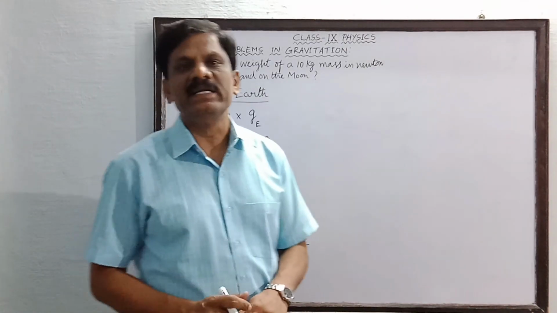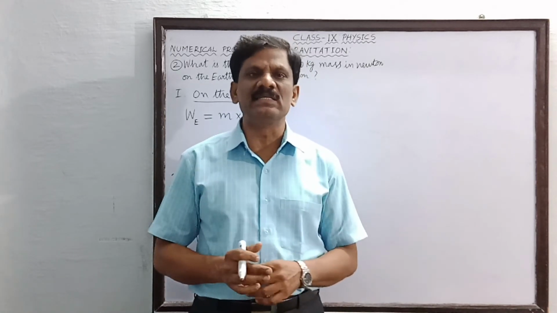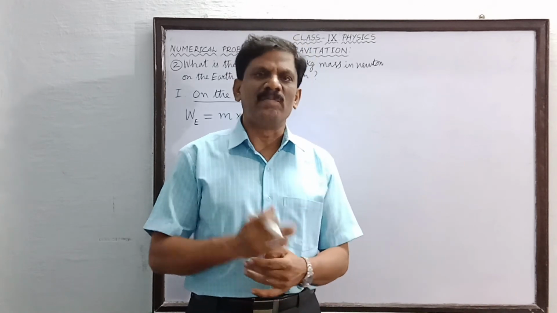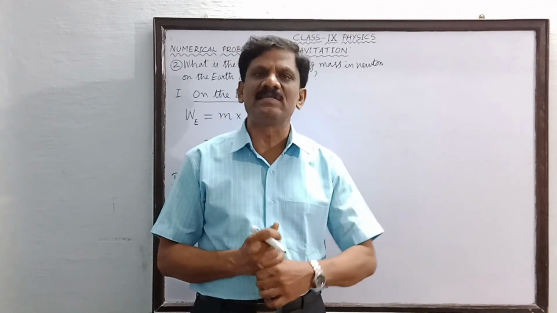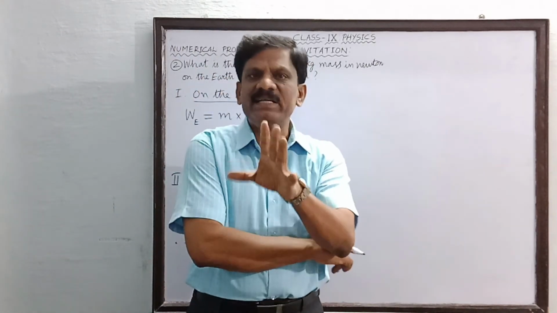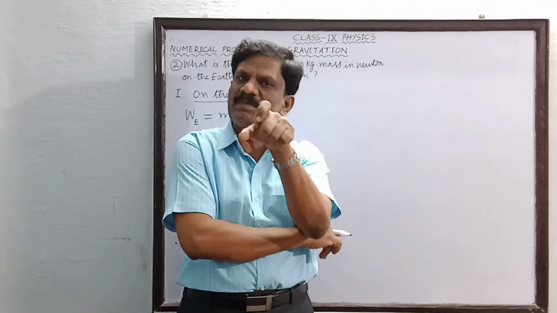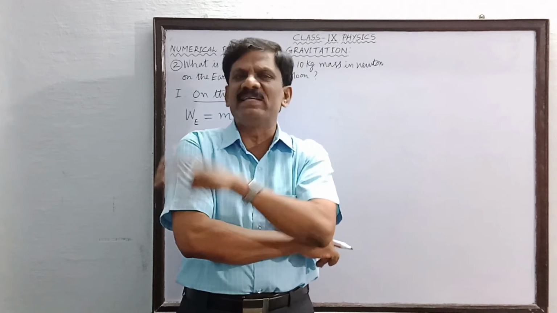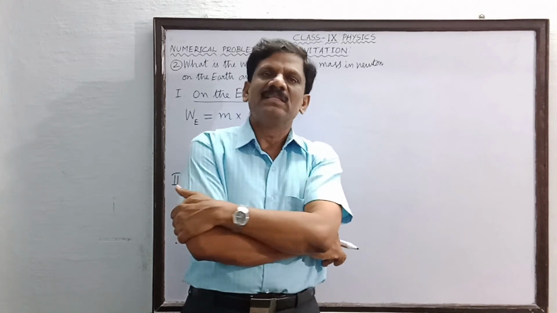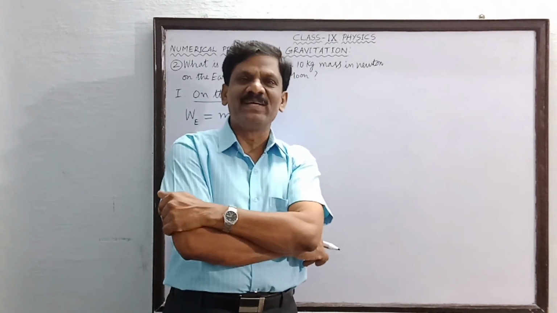So already we have studied in the regular class that the mass of the object is the same. Mass is a scalar quantity and also it is constant on different surfaces. So the mass of the body on earth as well as moon as well as Jupiter or any other surface also will be the same. But the weight depends on the gravitational force exerted by the surface on which the mass is placed. So when the same mass is placed on different surfaces, its weight will be different because the acceleration due to gravity differs from place to place. Have you all understood, students? Okay, fine.